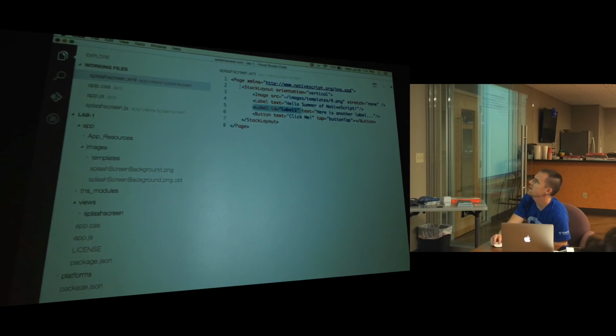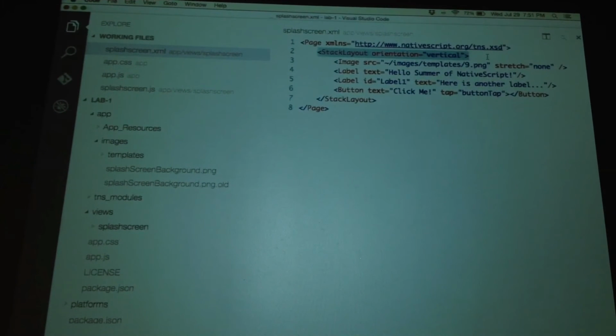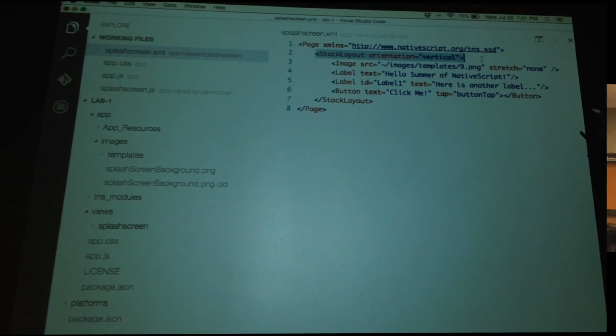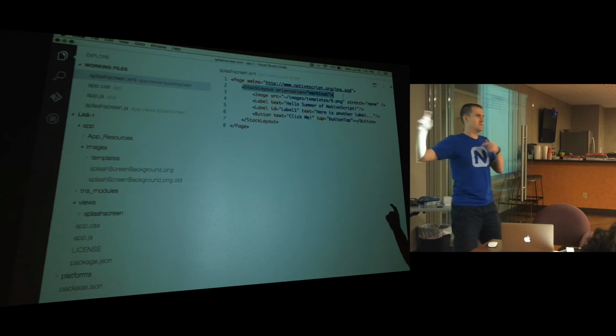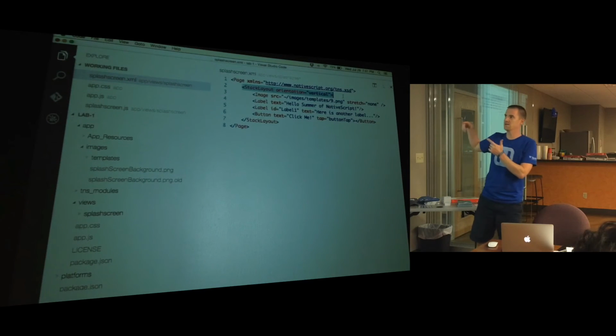I also added this thing called a stack layout. And again, I spent literally 30 minutes, maybe an hour max, looking at the documentation and translating it into this. So I'm sure if I would have been less lazy and spent more time on this, I could have done something even cooler.